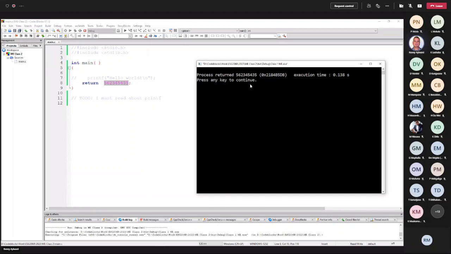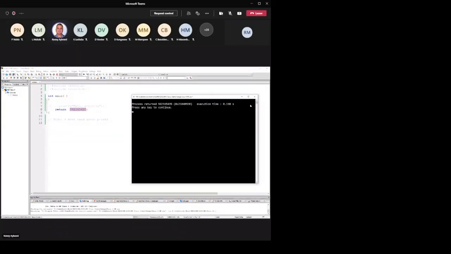Okay, it's not important other than understanding that this returns a value which is printed in the output window of my program, in the console window, which says the program returned that value. So you can write yourself a numerical message on termination whether your program is good or not.